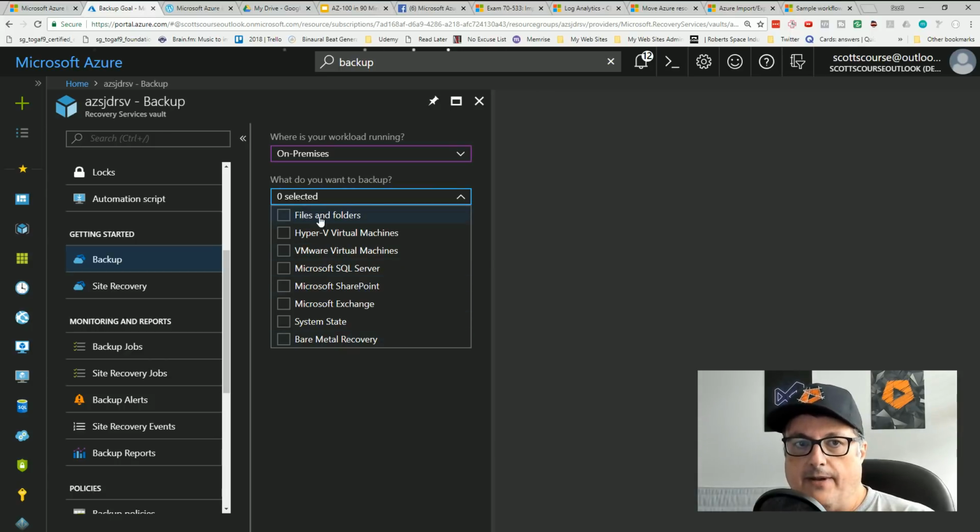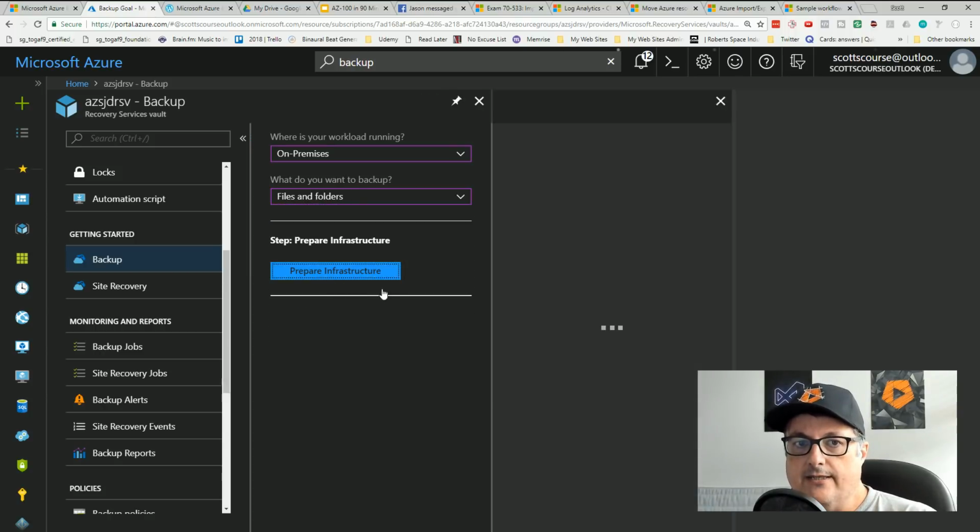Depending on what you want to back up, if it's just files and folders, that's basically just a piece of software that can go and copy stuff from your computer, or is it other virtual machines, VMware or Hyper-V, or is it databases, SharePoint, Exchange, or bare metal? Right? Bare metal includes the operating system, obviously. So let's just say files and folders.